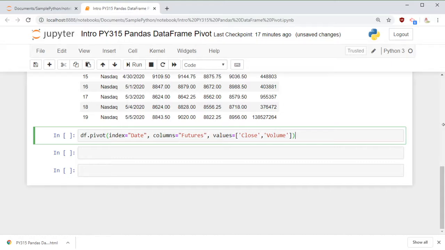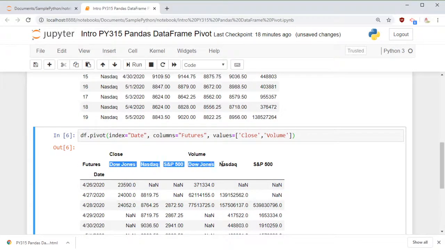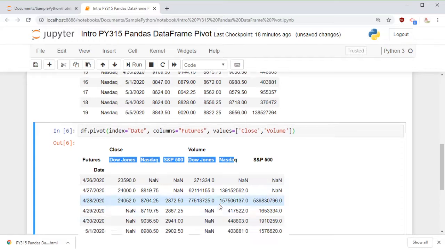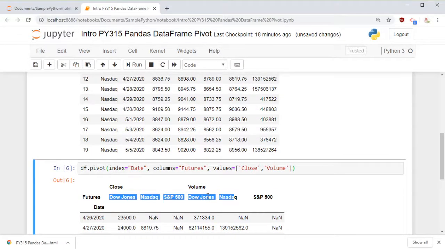That's like my row index. The one on the top, the column, is my futures, and the values inside the body are going to be close and volume. So if you notice this, on the left-hand side I have all the dates, on the top I have the futures, and the data inside is the market close level and the volume of the trade.